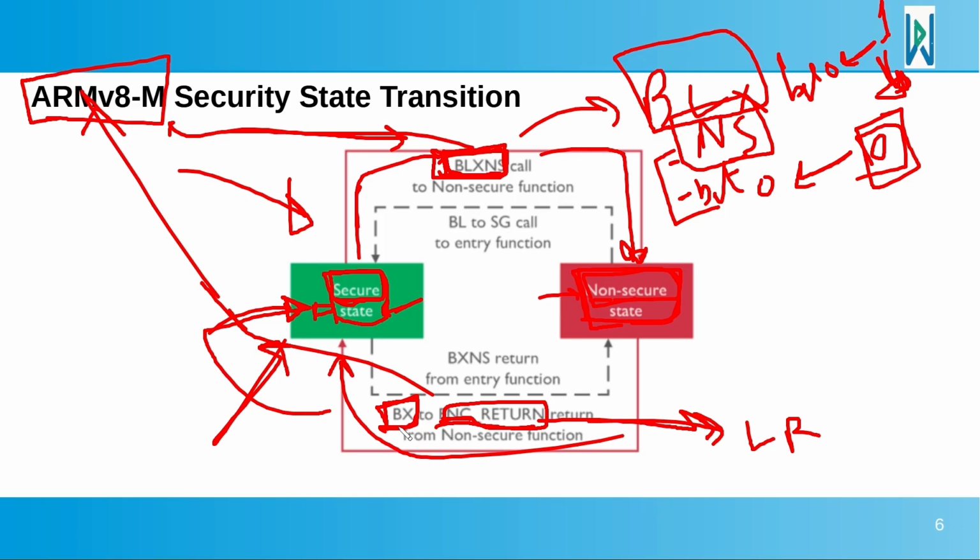BLXNS and branch with exchange to this magic value must be executed in kind of a pair combination. Means if we jump from secure to non-secure using the BLXNS, then to return from non-secure to secure, we should execute branch with exchange to this function return. Now, if we are already in non-secure, and we want to trigger multiple jumps back and forth from non-secure to secure, then back from secure to non-secure,